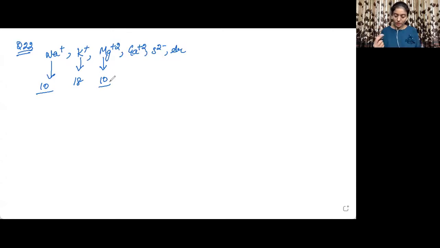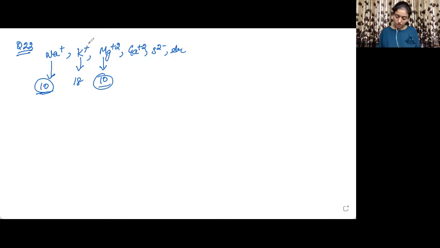Okay, so by now I think you must be knowing what the atomic number is and how we write it. The atomic number is equal to the number of electrons. So here the atomic number is 11. One electron has been removed, so 10 electrons are left. So these two will be called isoelectronic species, because Na positive and Mg 2 positive have the same number of electrons. All right.